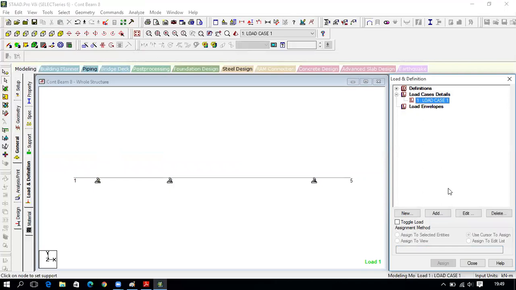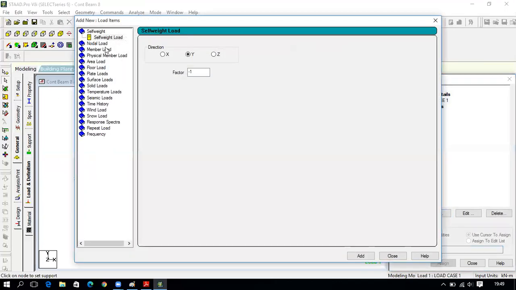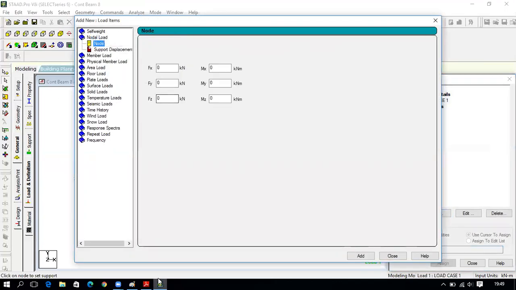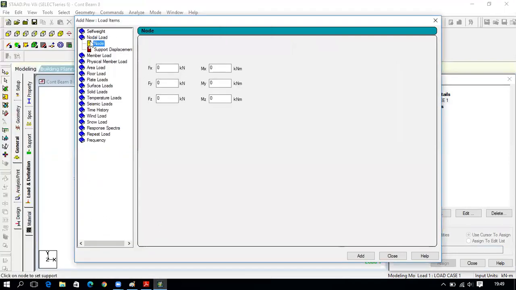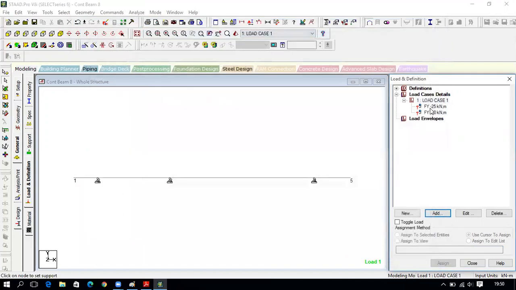Let's click on load case 1. Click on add. So as this is a nodal load, this is also a nodal load, minus 25 and minus 20, it is a nodal load acting at node. So the value, it is kilonewton, this is minus 25 kilonewton. Click on add, and another one is minus 20. Click on add, click on close. So it is assigned now.